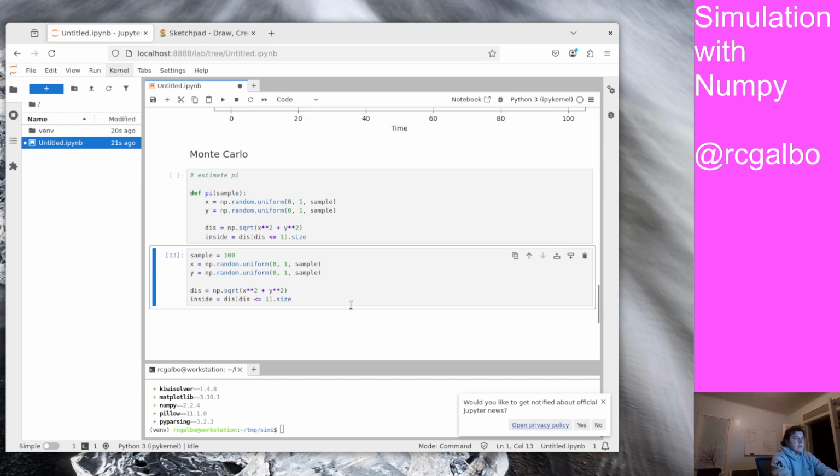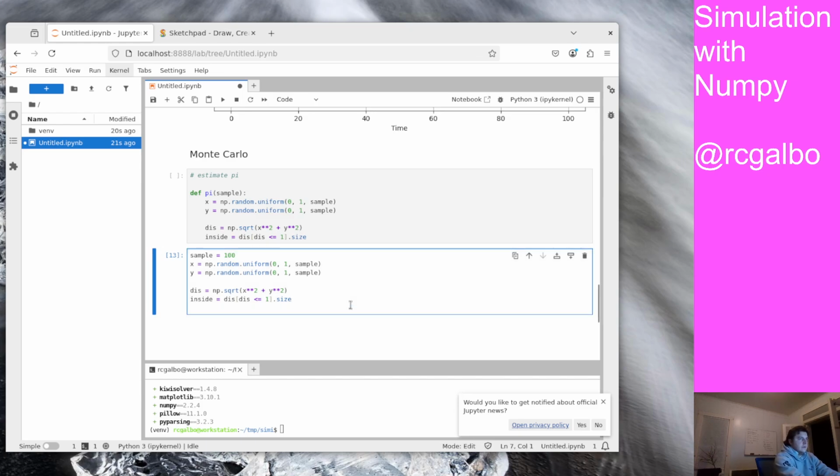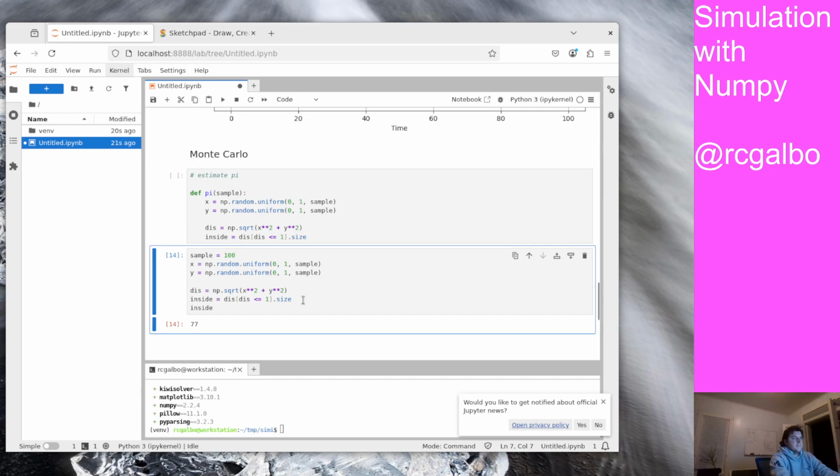Run that. Could have done this inside. Okay, sorry. So this is getting the number of points that fall inside of this uniform circle, a circle with